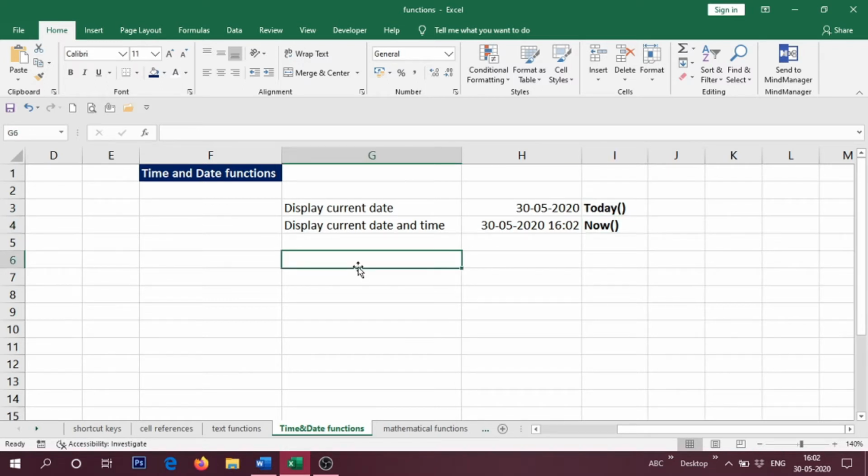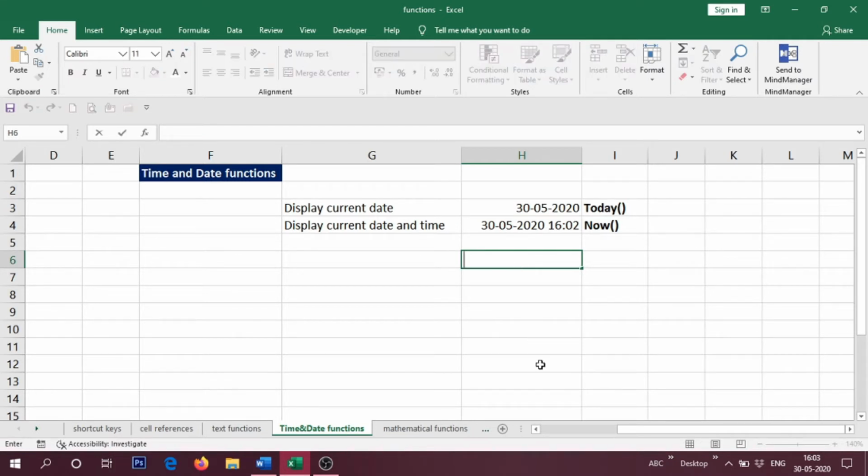Suppose I want to find a date, like today's date is 30/5/2020. From today I want to find the date after something like 15 days. After today, from today 15 days, what is the next date? So I want to add 15 days to the given day. Okay, so what I'll do is equal to, what is the date? This is the date plus 15. Just plus and 15 days. You will get 14/6/2020 is the date after 15 days.